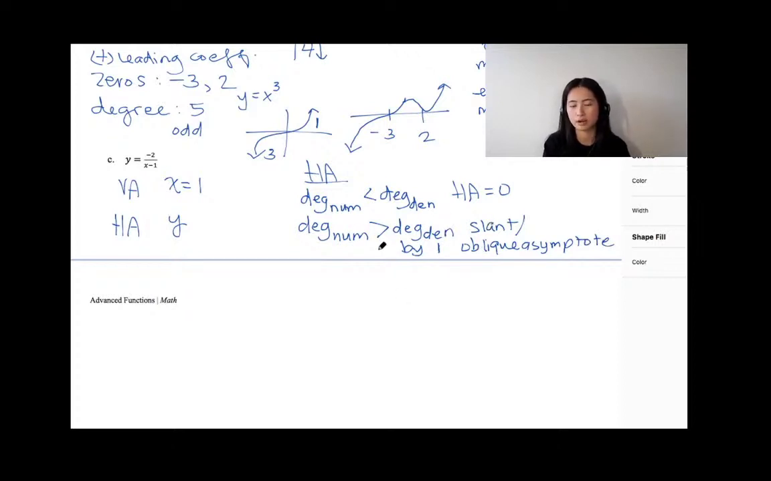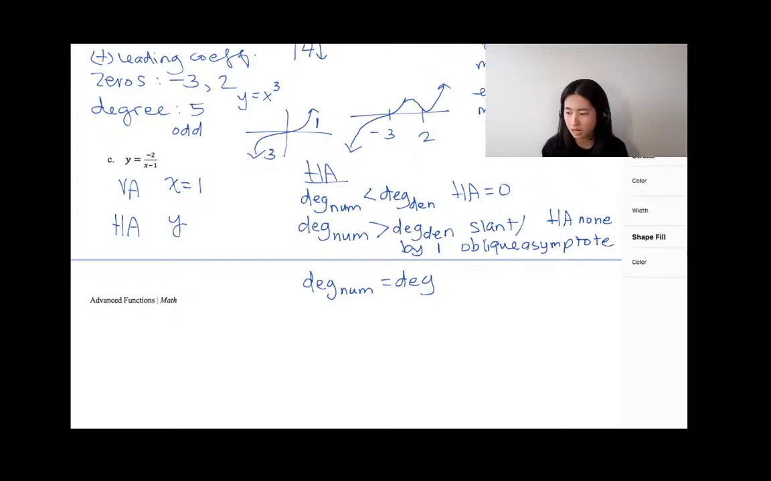But in this case, with the degree of the numerator greater than the degree of your denominator, the horizontal asymptote is none. Even if it's greater by just 1, if the degree of your numerator is greater than the degree of your denominator, your horizontal asymptote is none, not 0. And if it's equal, meaning the degree of your numerator is equal to the degree of your denominator, which we're going to look at for the next question,